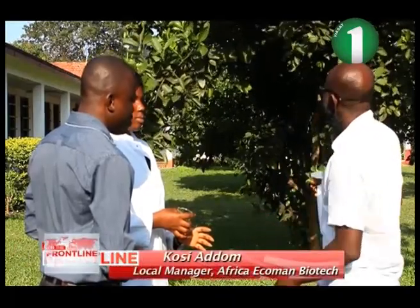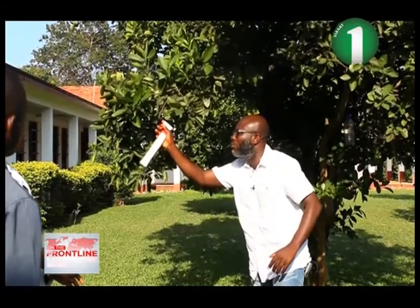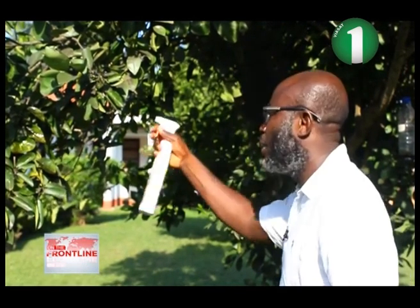shake it nicely. And since we don't do a cover spray, you need to spray at the back of the foliage so that when it rains, it doesn't wash it away. So you spot this, you leave this, you take the second tree, you take the third one, and you spot again. Then that's all. You control fruit fly. The female fly, the male fly, the young fly pupating, come and feed on the protein, but because of the insecticide in it,